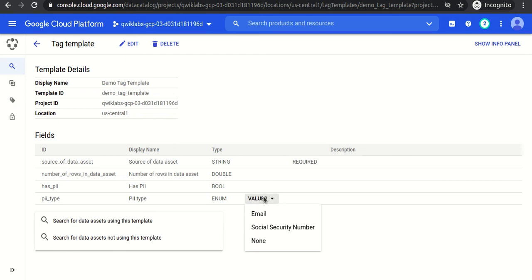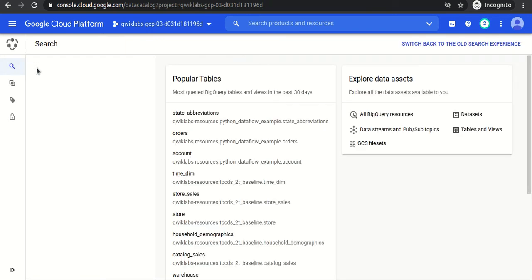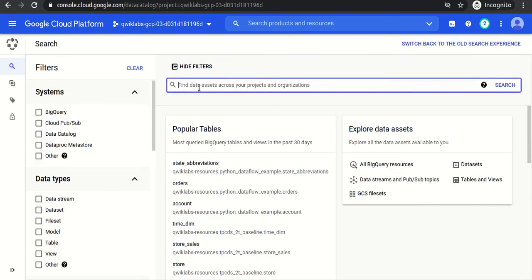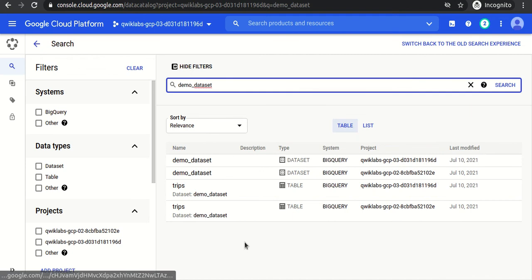Now the template is created, right? So we will go to the search. Now we will search for our dataset, that is the demo dataset which we created in BigQuery.